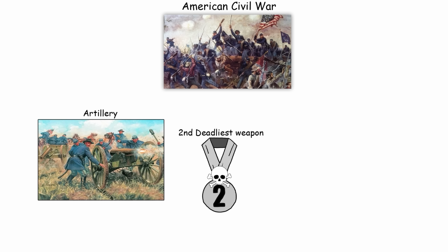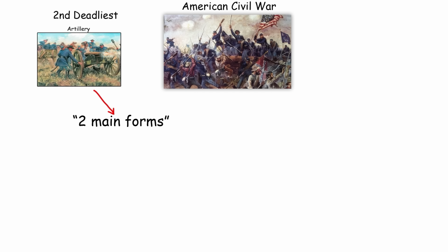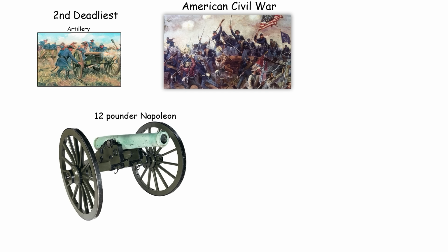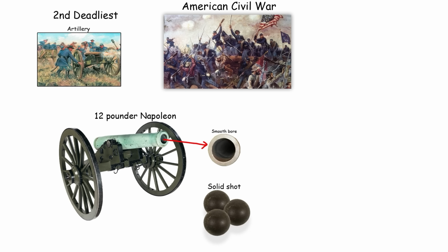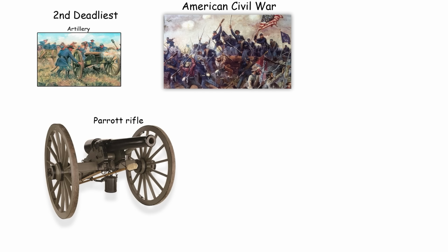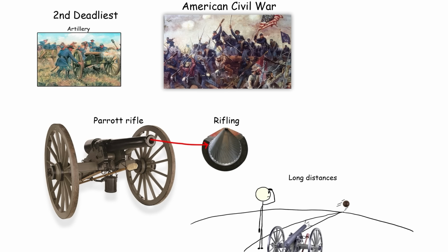Artillery were the second deadliest weapon. They came in two main forms: smoothbore and rifled cannons. The 12-pounder Napoleon was a smoothbore that fired solid shot and explosive shells, perfect for close combat. On the other hand, the Parrott rifle used rifling to fire accurately over long distances, even destroying forts, like in